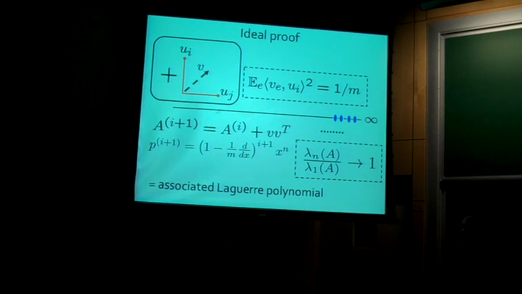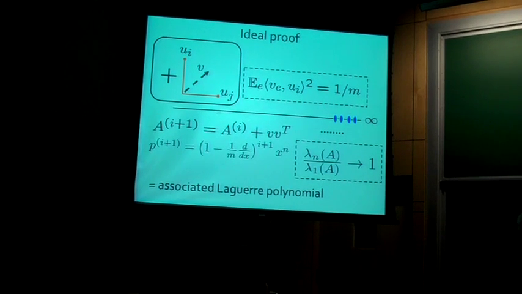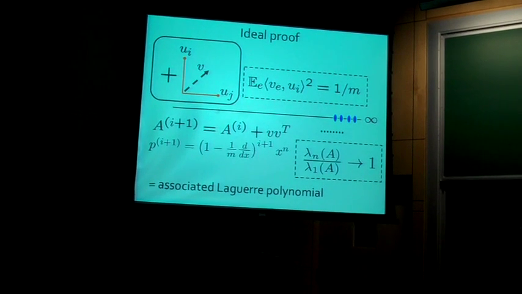But of course, I don't have access at every step to vectors that do this expected thing. I only have actual vectors. So the question is, how does it differ? Well, your intuition is things should be okay. What I want to do is add in vectors that have larger inner product with the small eigenvalues and smaller inner product with the high eigenvalues at each time, and try to balance things out. So you ask yourself, can you?